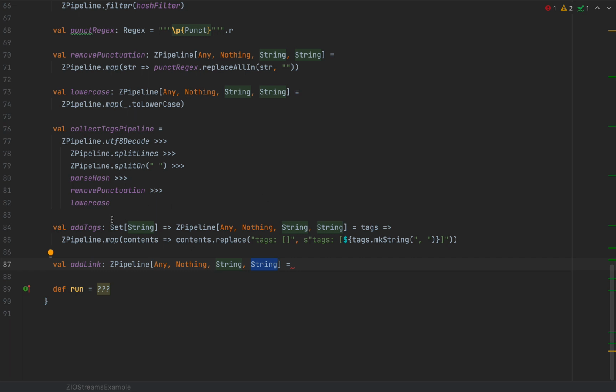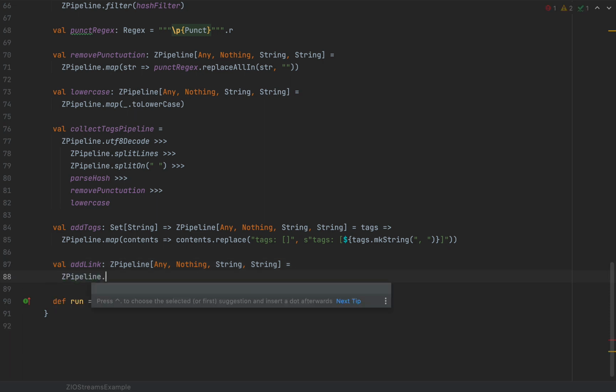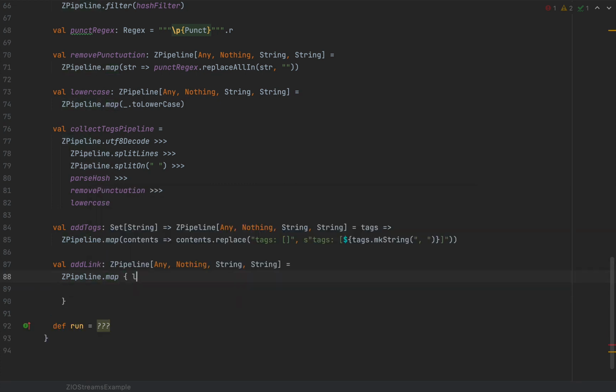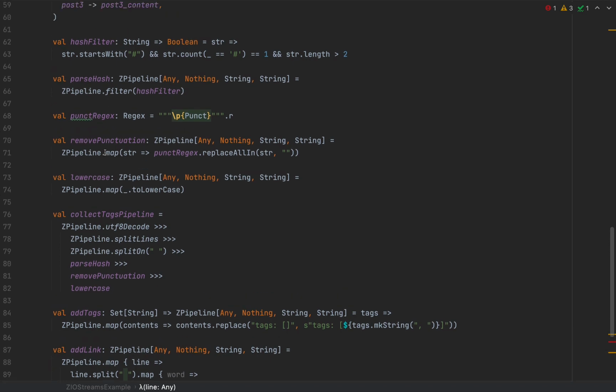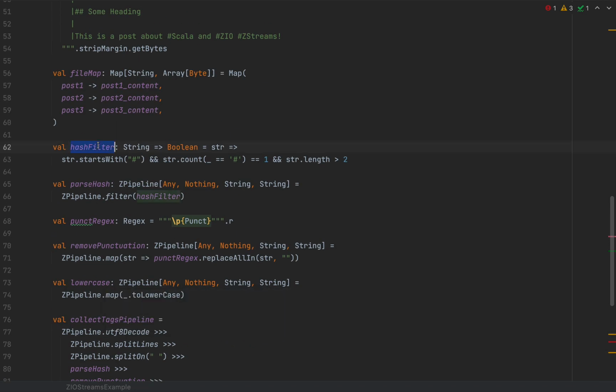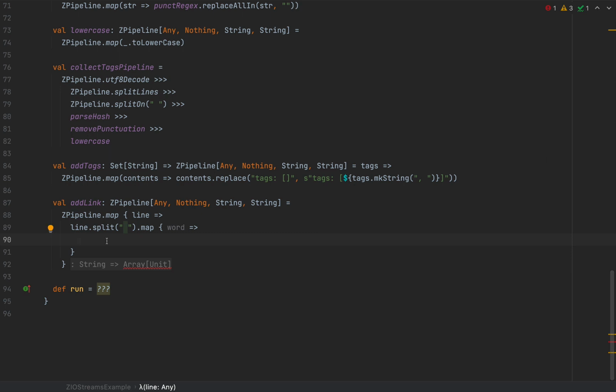And by the way, I'm also going to use this addTags here on lines as well because it's easier to replace the lines in the blog post. I'm going to show you what I mean by that. So let me consider the addLink as a ZPipeline that parses lines and returns new lines at the blog post. So I'm going to have a ZPipeline.map, and for every line, I'm going to manually parse that line. So I'm going to say line split on space, and then I'm going to map that line, and for every word that I have inside this line, I'm going to run pretty much the same kind of logic to say if there is a hash filter on this word, so if this word is a hashtag,